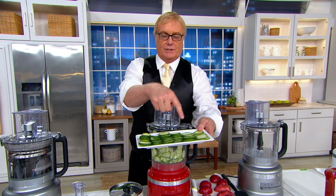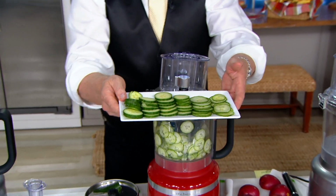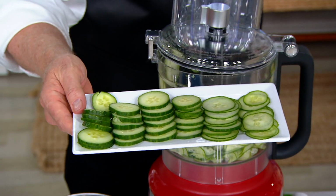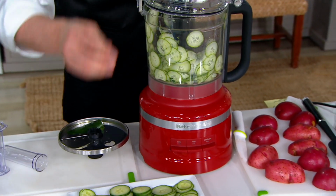Hey, so here are some of those different slices, thicknesses that you want to incorporate. So it does the work for you, and now it does it easily and it does it conveniently. All of the tools store on one KitchenAid food processor. And the thing about it is, KitchenAid makes it